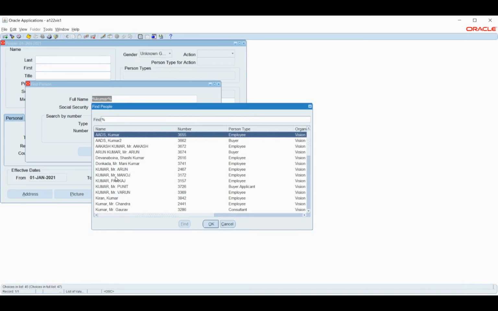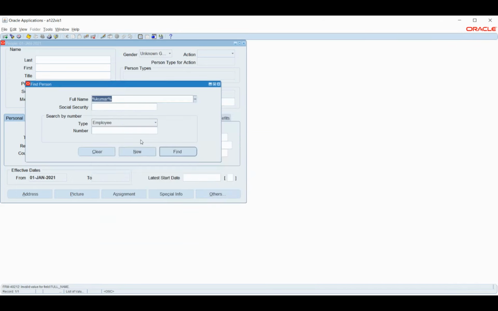Sir, can you find me the organization name? No, by organization name, here we will not be able to find. We have only these things: employee name, number, and social security number. So these are the options that we have to search basically.